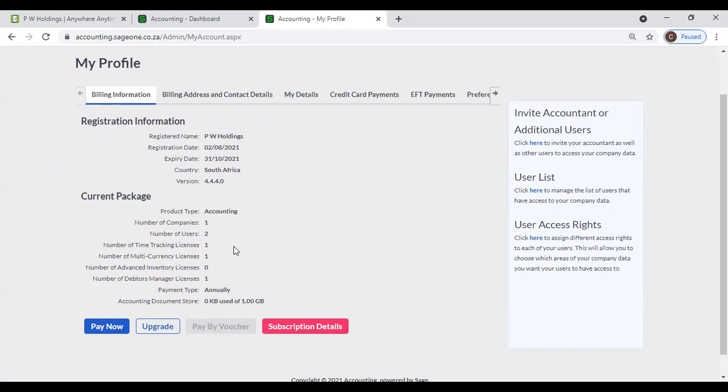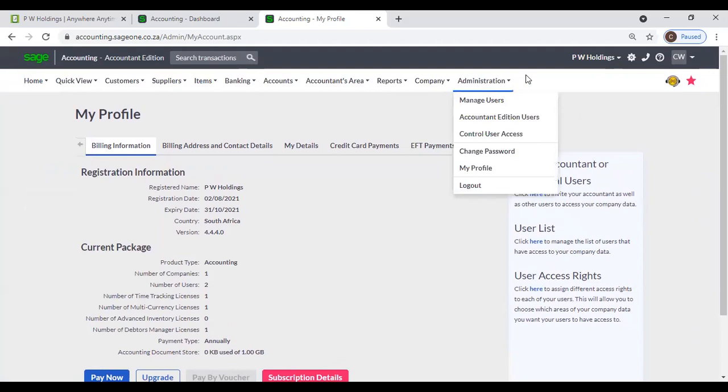By clicking that, you can enable those add-on modules, or you can go to